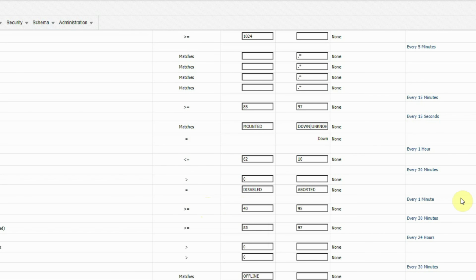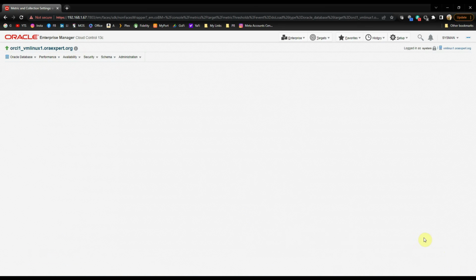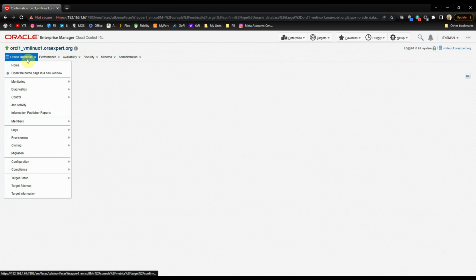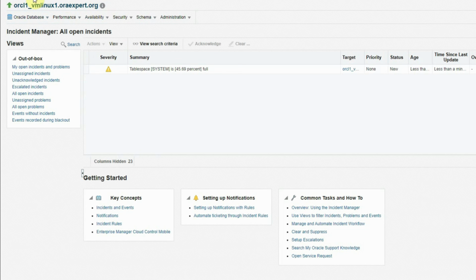So within 1 minute we should be receiving one warning incident for this particular database. We saved it, and then we will go to the monitoring and incident manager for this ORCL1 database, and yes,